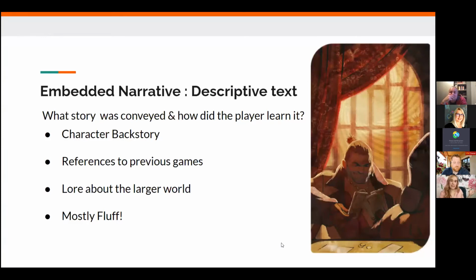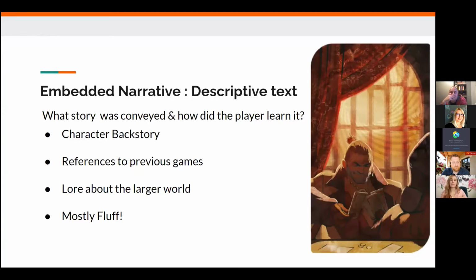If we actually look at that text, in this particular bit of text, what we learn is a bit of the character Varric's backstory. It's loaded with references to previous games, and it gives us a bit of lore about the larger world, about places that maybe the player is not going to visit, but that are happening throughout.